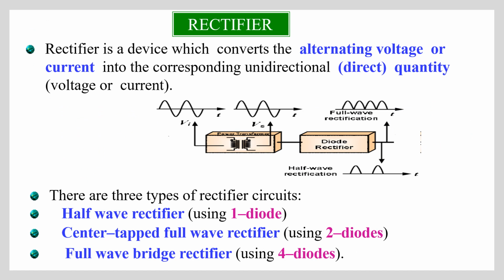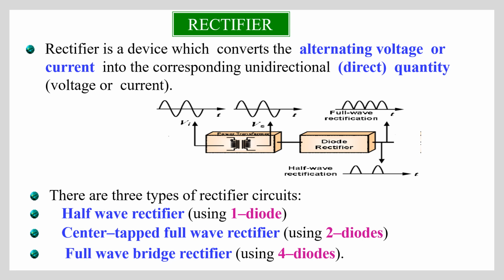In transformers, there are two types, step up and step down. In a power supply, we are using a step down transformer which lowers the AC value. Now for the other blocks, the rectifier, filter and voltage regulator, we will see in detail their different types: different types of rectifiers, different types of filters and regulator circuits, then their parameters, then their applications in detail.